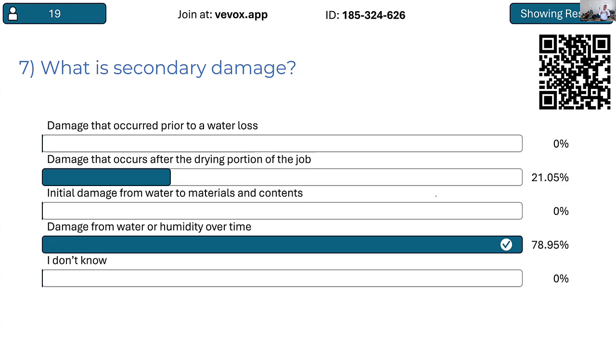But here's what I want to point out: if damage occurred after the drying portion of the job was not done correctly, what would be the cause of that damage? Water or humidity over time, leaving that in place. So the best answer on this from a technical aspect would be the water that's there over time, whether it's from incomplete drying or because nobody's home, that's what's causing it. In this situation, you're not going to find test answers like that, but that's the kind of mindset I want you to be in: don't overthink the exam. Well, it could be this if I look at it that way, but if it's Thursday,